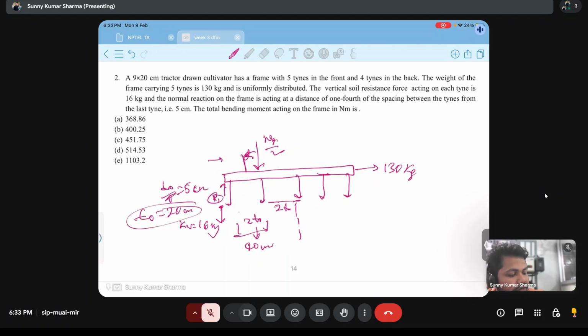So R1, kV and this kV, this kV, this kV, and this WG is trying to bend this frame in the counterclockwise direction. R1 is rotating it in the clockwise direction. So from here we can calculate R1 is equal to, total 1, 2, 3, 4, 5 kV, 5 kV minus WG by 2. This is R1 and the bending moment will be